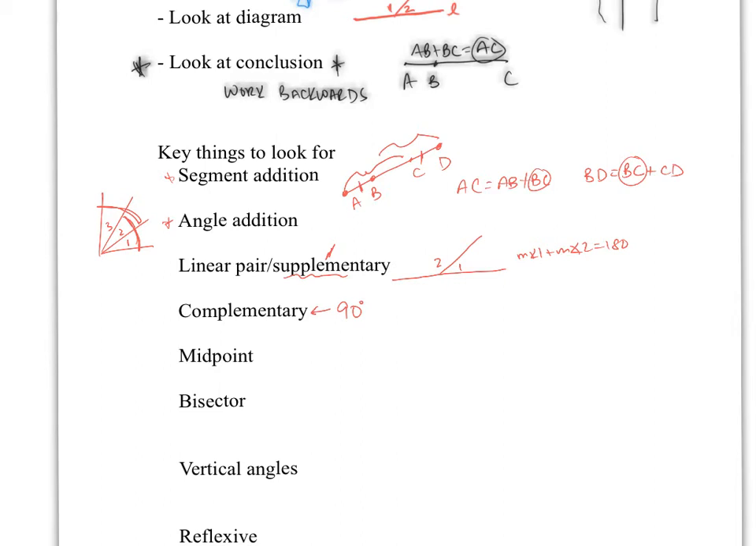If you're given the word midpoint, well, we did it above, but again, if you have A, B, and C right here, and you're told that B is the midpoint, right away you could tell me that AB is congruent to BC. If they use a bisector,